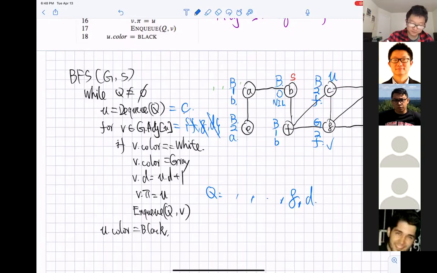Okay, so next we go back to the while loop. So it's not empty, we're going to dequeue. So which node are we going to get? G. G is gone. We have U as G. Okay. So what are the neighbors of G? F, C, D, H. But among them, only H has a white color, correct? Yes. So we're only going to work on H, and so